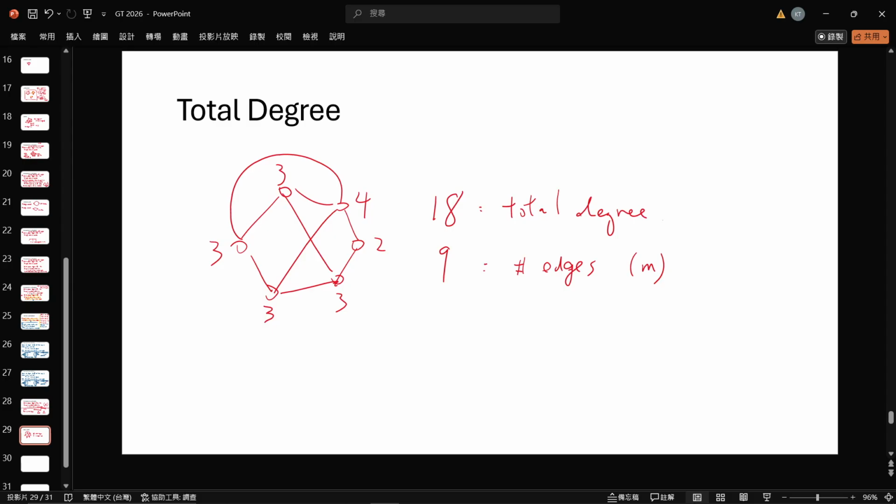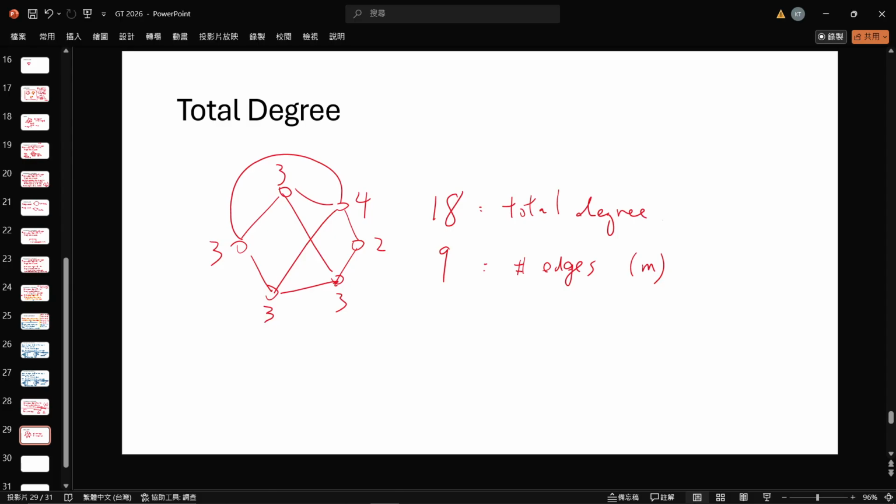Can you guess what is the relationship between these 2 numbers, the total degree and the number of edges? 大家可以猜到一个图所有的 degree 的总和，跟一个图的 edge 数有什么样的关系吗？至少从这个 example 看起来是2倍，OK？那为什么？为什么刚好是2倍？